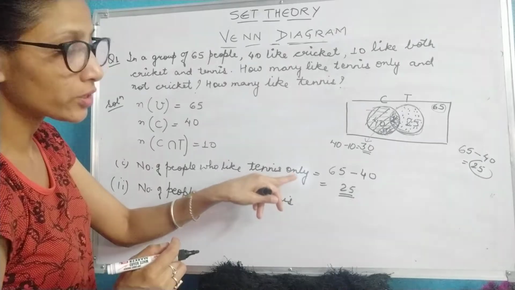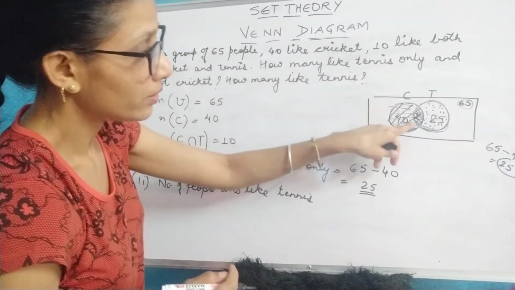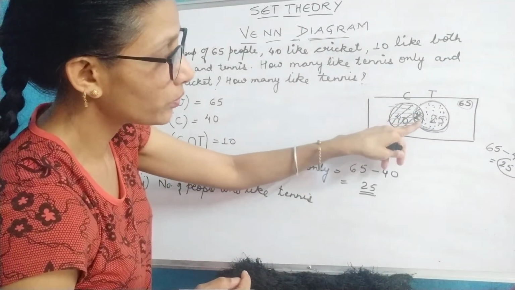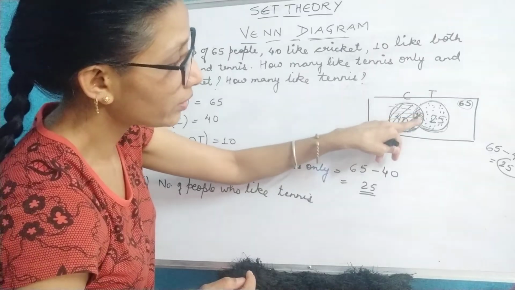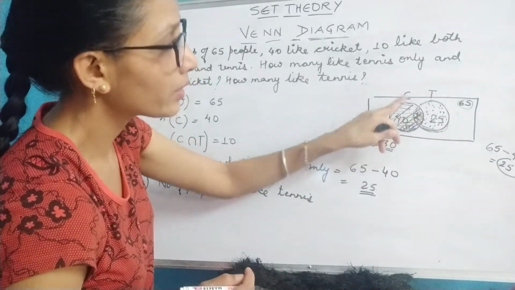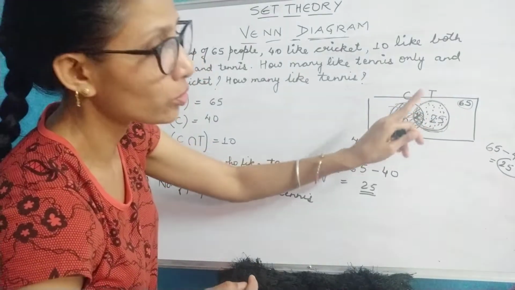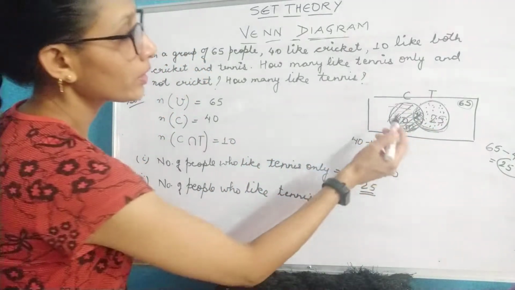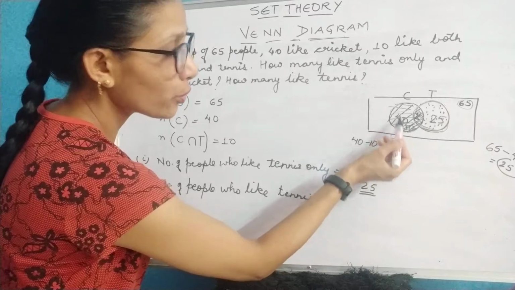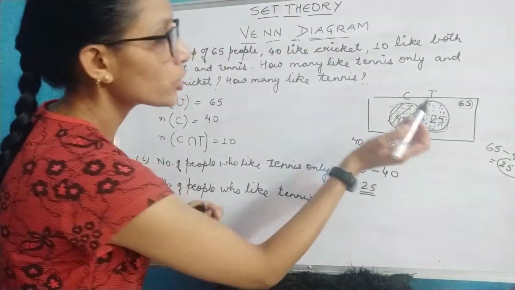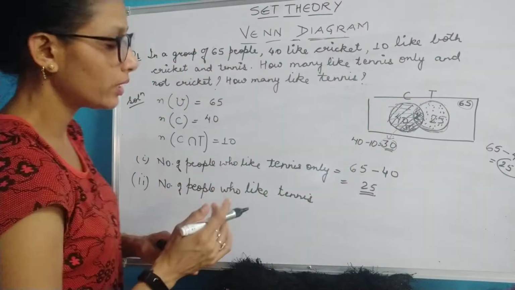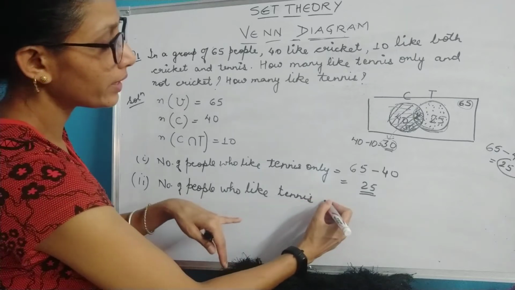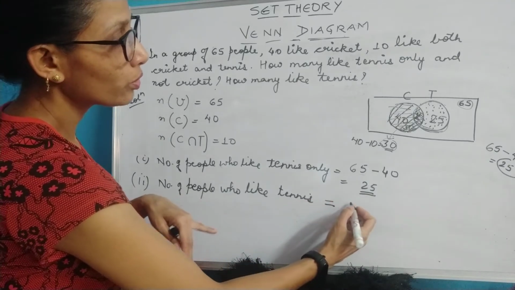That means we have excluded the common part. Although here we have 10 people who like cricket also and who like tennis also. But these 25 people are purely of tennis. These 30 people are purely of cricket, and these 10 people are playing both the games. So number of people who like tennis is equal to